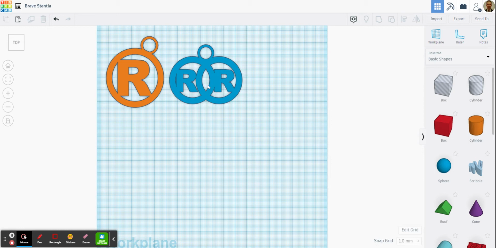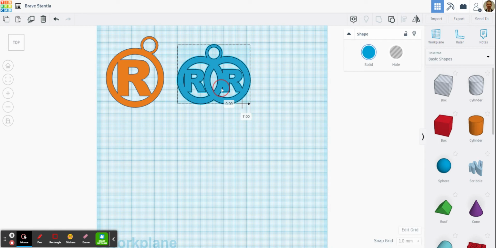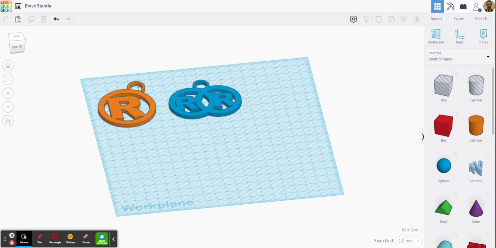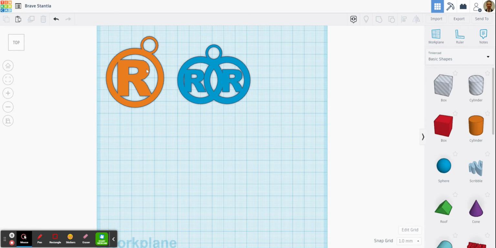So, I've got two examples here that I've created before using my initials. We've got this simple R, if we look at 3D, inside a ring, and then we've also got another ring here that the keyring can go into. So to do this one, first thing is we will look in our basic